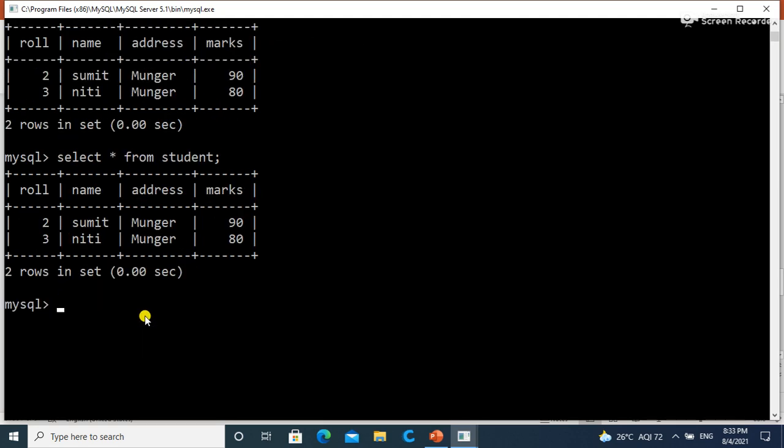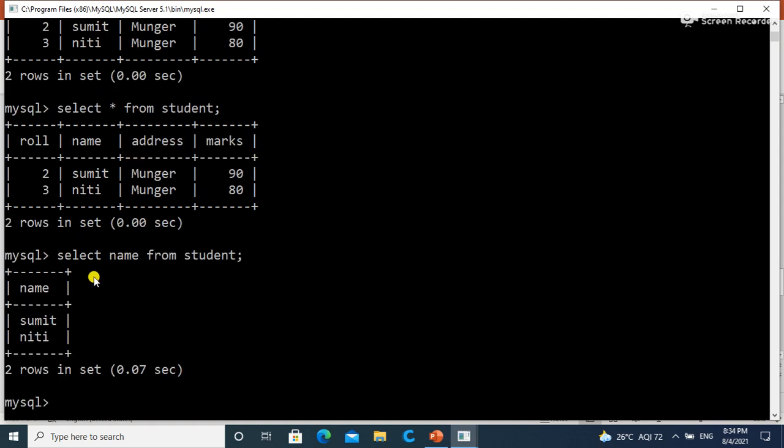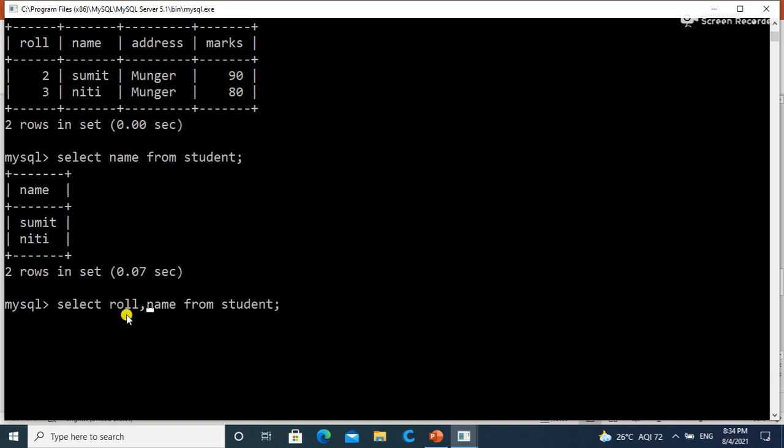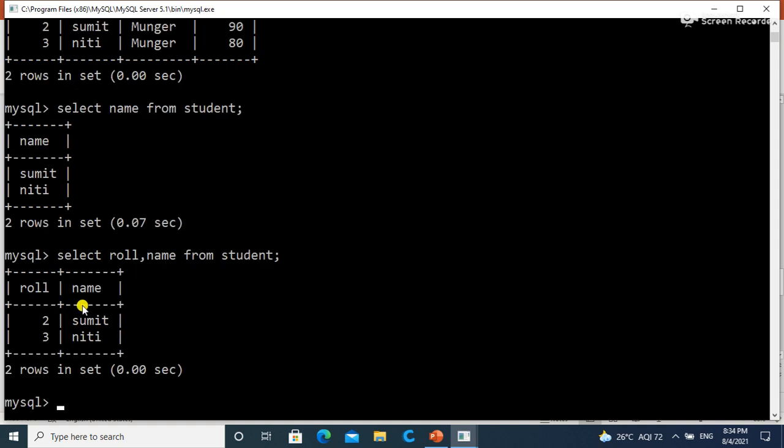If we write select name from table name, then it will show the name column only. Means if we write name of columns after select command, it may be multiple or single column, it will display the name of column. Like another example, here we apply the two columns for table student, and it will show the two columns of a table.